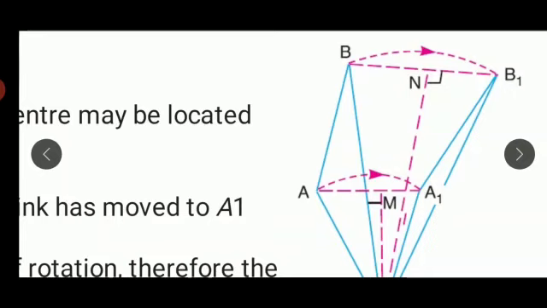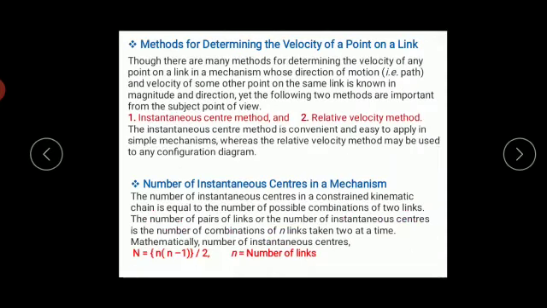So if I want to write the velocity of the link at point P, then the velocity V will be equal to IP into omega. Here r is IP, the distance from the instantaneous center up to point P. Similarly, if you are required to find the velocity at any other point, let's suppose point R or point Q, then the velocity will be equal to IR into omega or IQ into omega. Hope this has been clear to you.